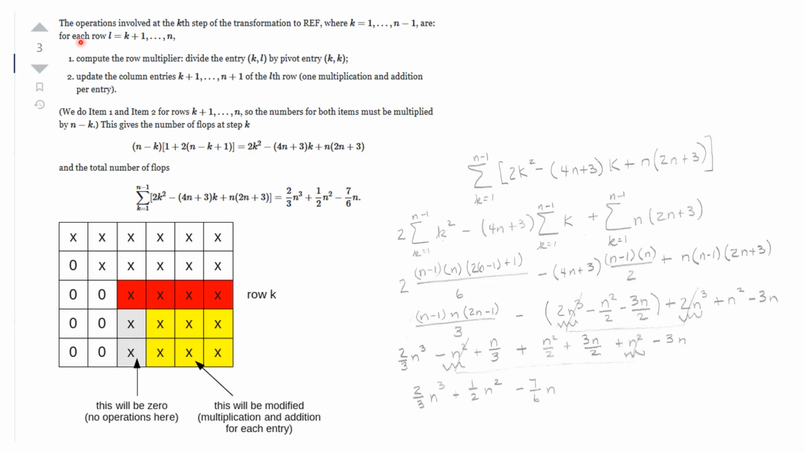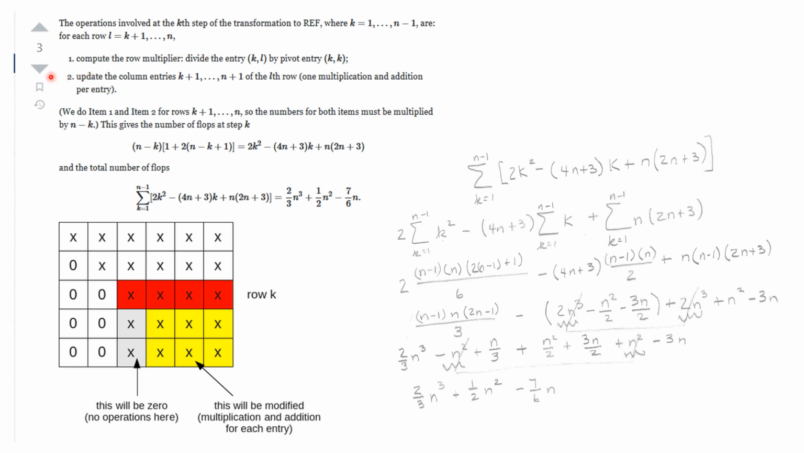Now, the operations involved at the kth step, and you can think about the kth step being down here, and we're changing this to reduced echelon form, and k in this case can be 1 all the way through n minus 1. So this is the kth step. Those are the values of k, and for each row then, now we're saying we're in the kth step, so we're looking underneath that, and the rows are going to be k plus 1, k plus 2, all the way up to n